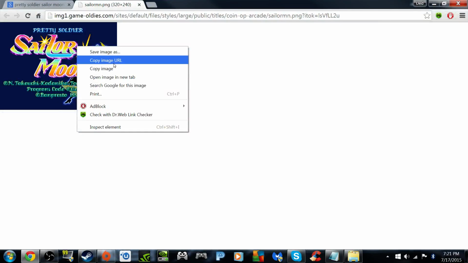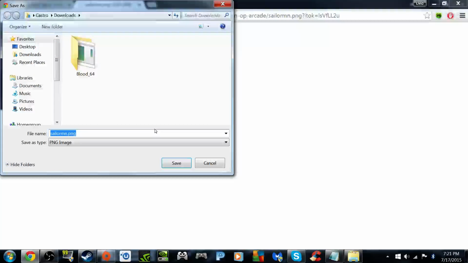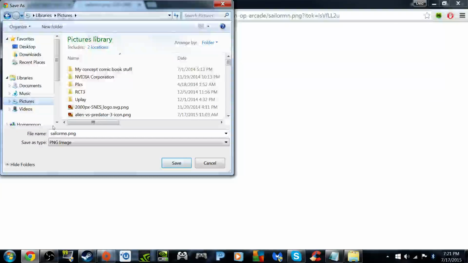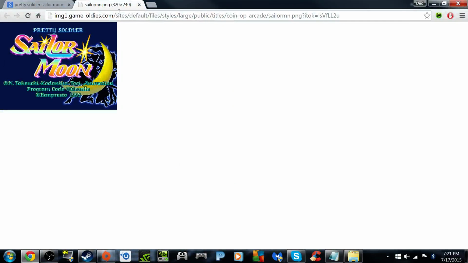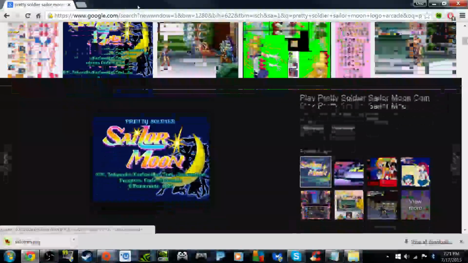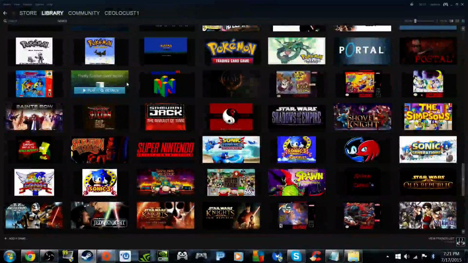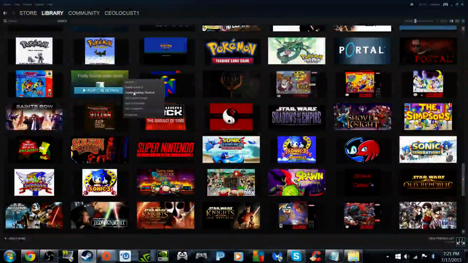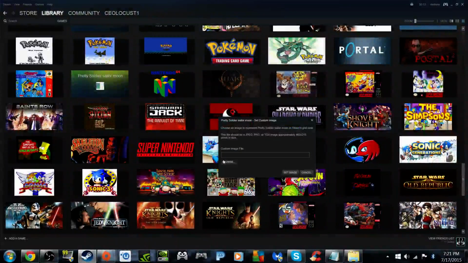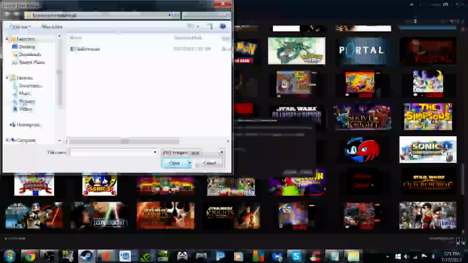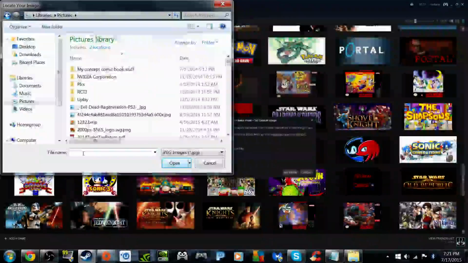You just wanna save the image. You're gonna go, I put all my images and pictures, and you want it to be a .png or a .jpeg, because if it's GIF, it's not gonna be able to cover the spot. Steam can't read it. So then you're gonna right click on the shortcut, go to set custom image, browse, and then in whatever directory that you place the picture in,